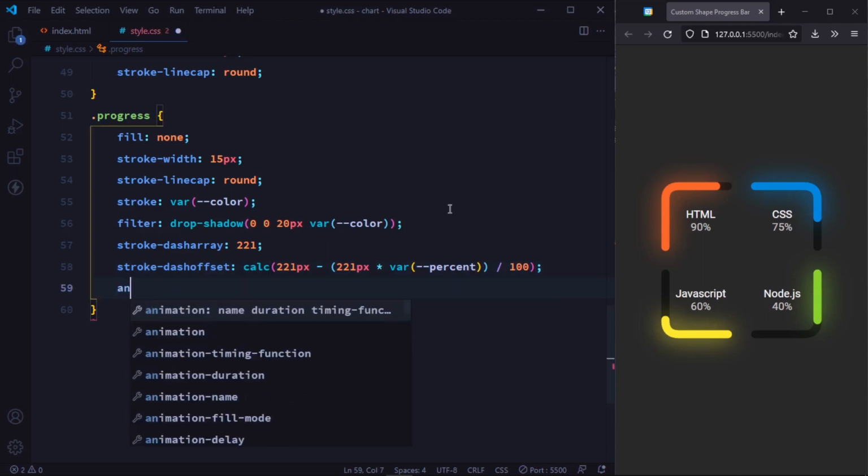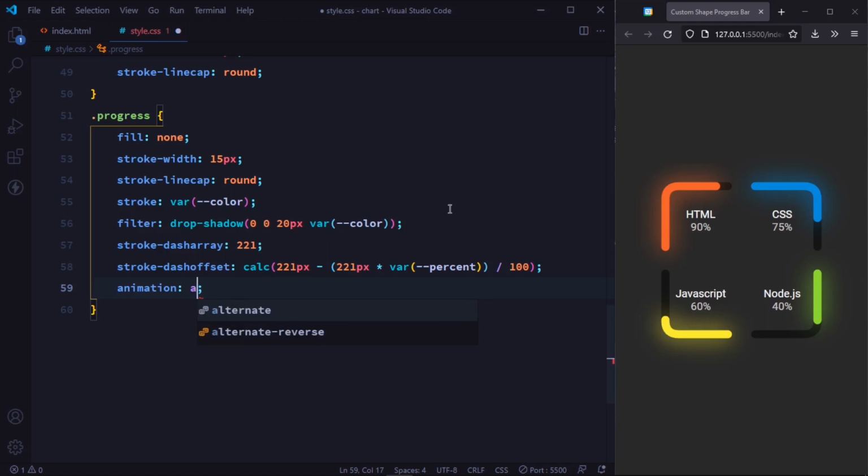I also give it a progress animation for beauty with keyframes. So animation property, anim, 1 second, and without timing function.